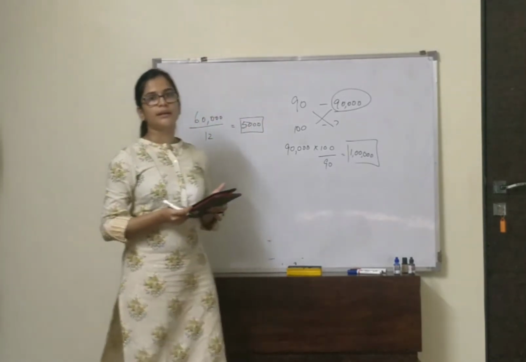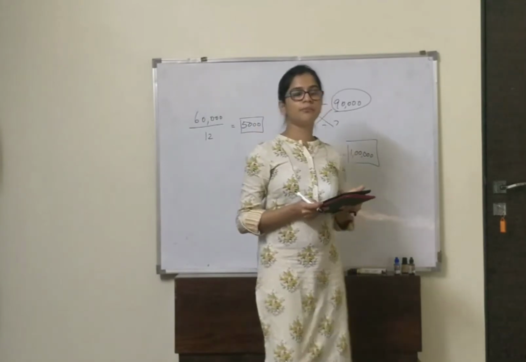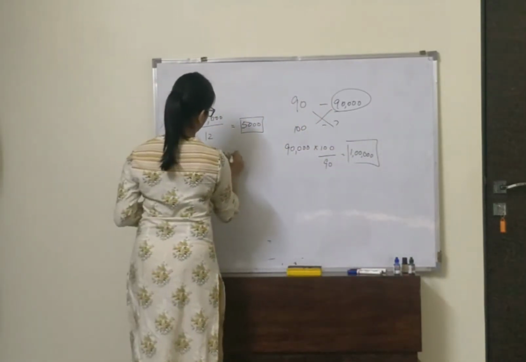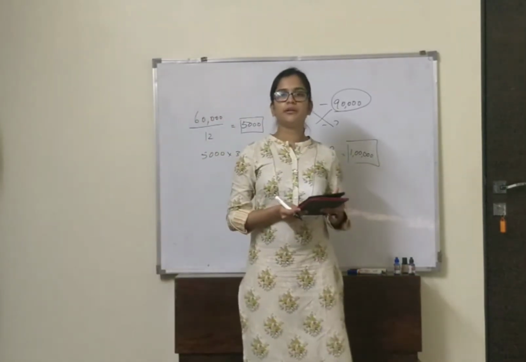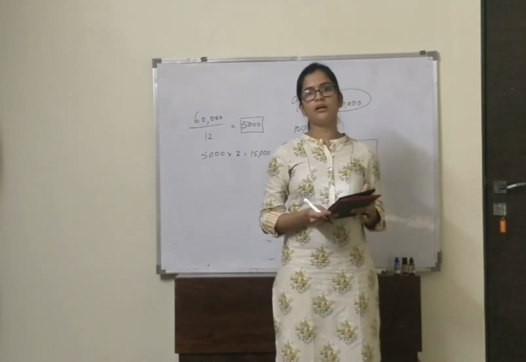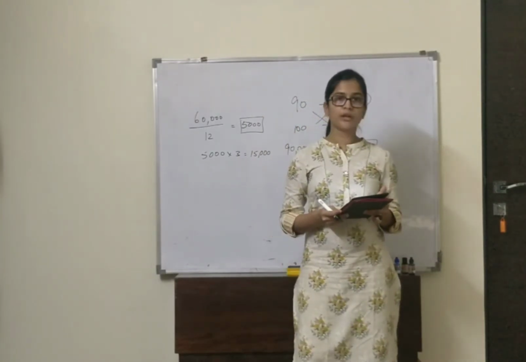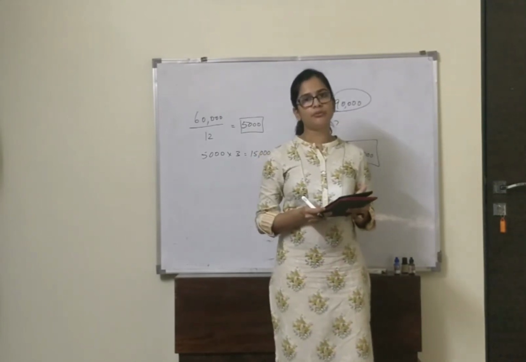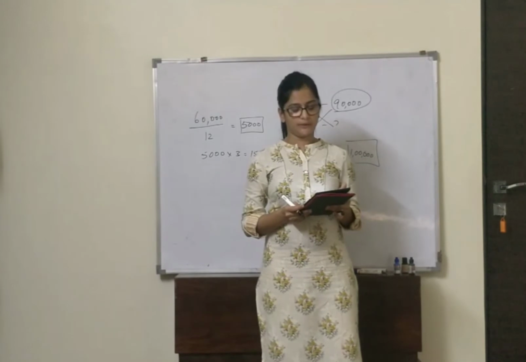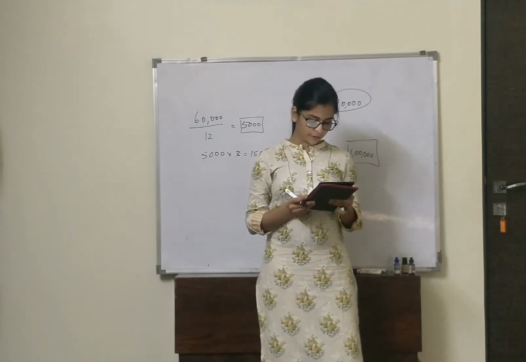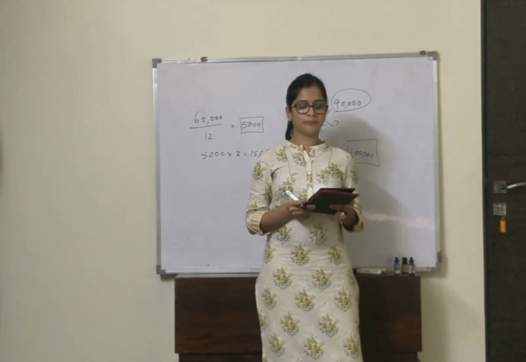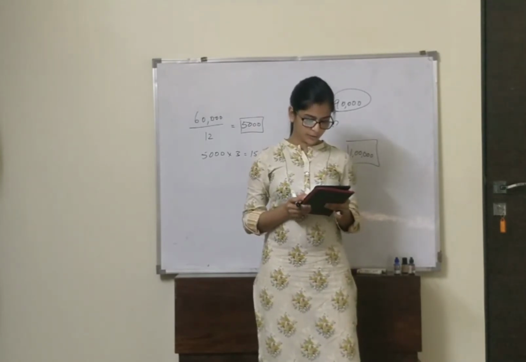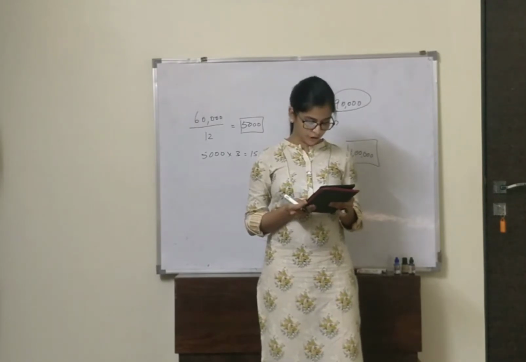So the club has paid advance rent for 3 months. That is 5,000 into 3, which is 15,000. So this 15,000 will be written in our opening balance sheet as well as our closing balance sheet, because both in the beginning and at the end of the year rent has been paid in advance. Then on 31st March 2019, salary outstanding was 10,000 and locker rent outstanding was 8,000. So this will be added in our income and expenditure account and also written in our closing balance sheet.